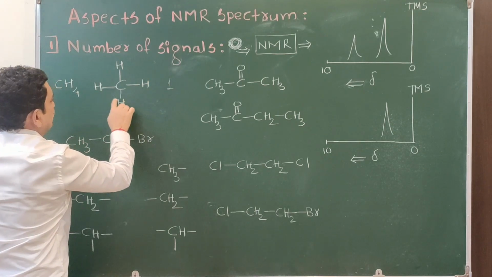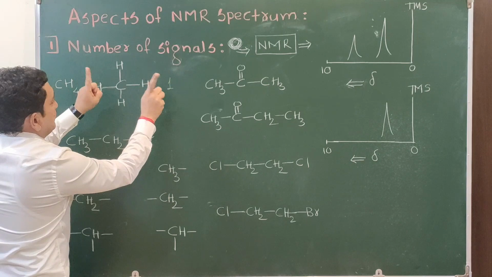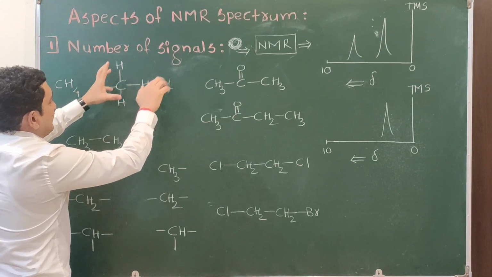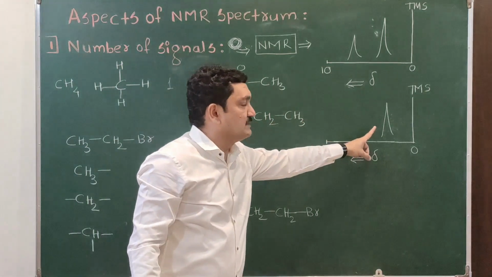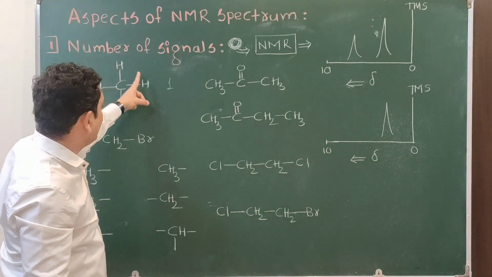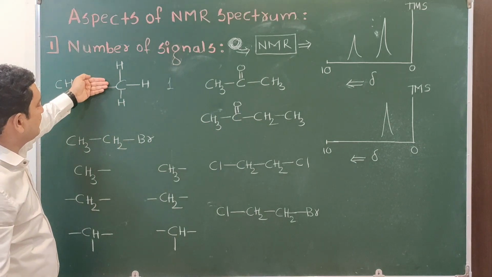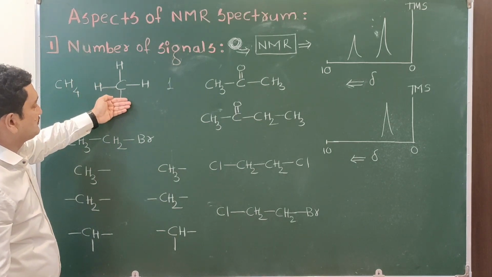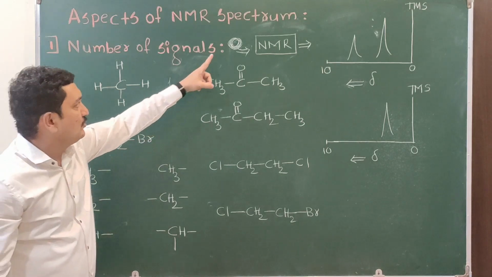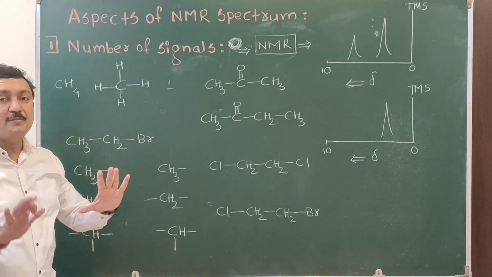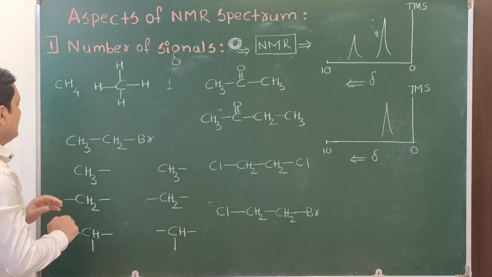So all the hydrogens will have the same precessional frequency. So all of the hydrogens will absorb the same radio frequency radiation and all the hydrogens will give only 1 signal. These hydrogens are called equivalent hydrogens. They have the same chemical environment, that is the attachment. Now another is ethyl bromide. Suppose our unknown compound is ethyl bromide. How many signals should it give?